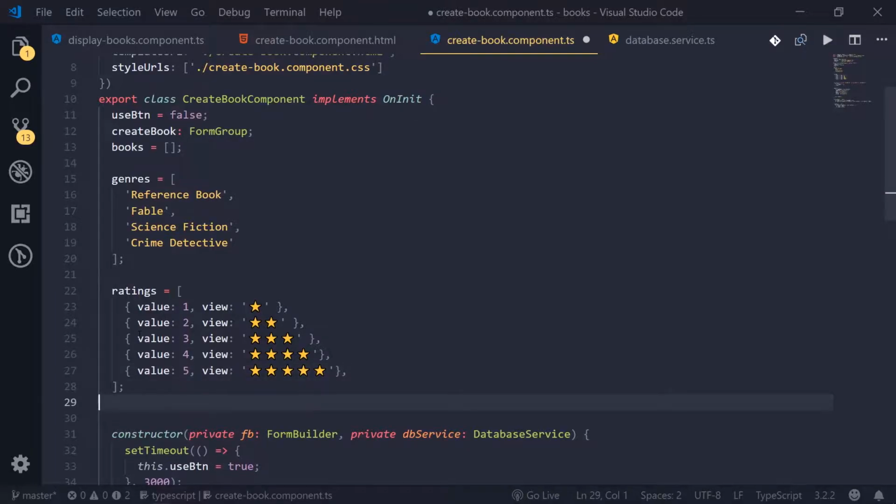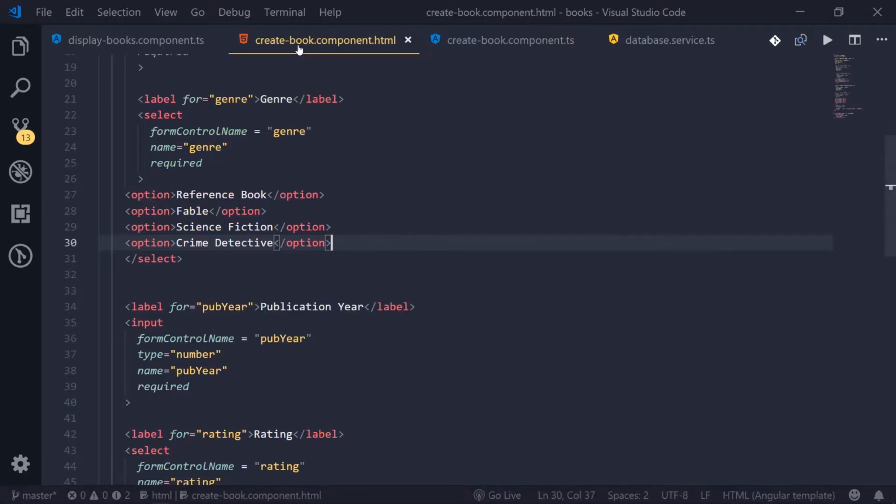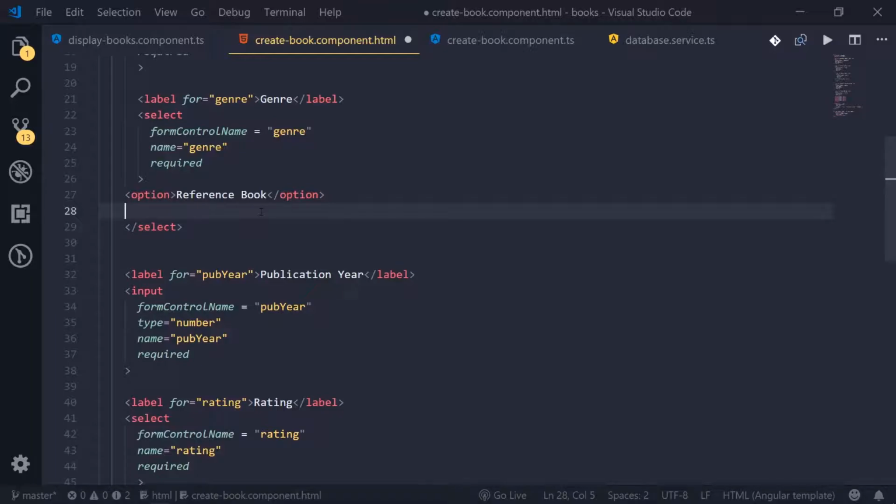Alright, cool. So now I've got ratings and I have genres, so I can plug those into my template here. The first thing I'm going to do is change how I'm setting up my select here. I just need to change my options. So I'm going to cut out these 3, and then